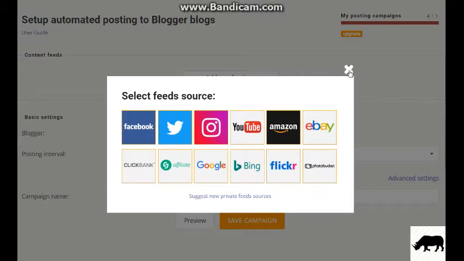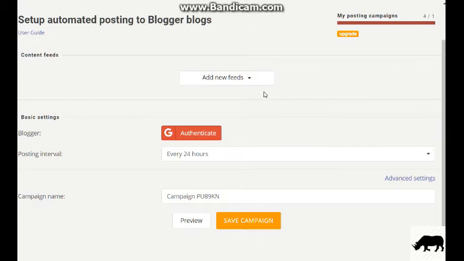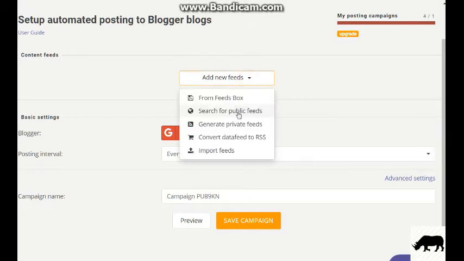RSS Ground will search throughout the internet, and private feeds, by the way, also search posts which are not available on the internet, and RSS Ground will also post such posts for you. For this you will have to play with this, and you will have to run it in order to find out what exactly these are doing. So I'm going to click on search for public feeds.